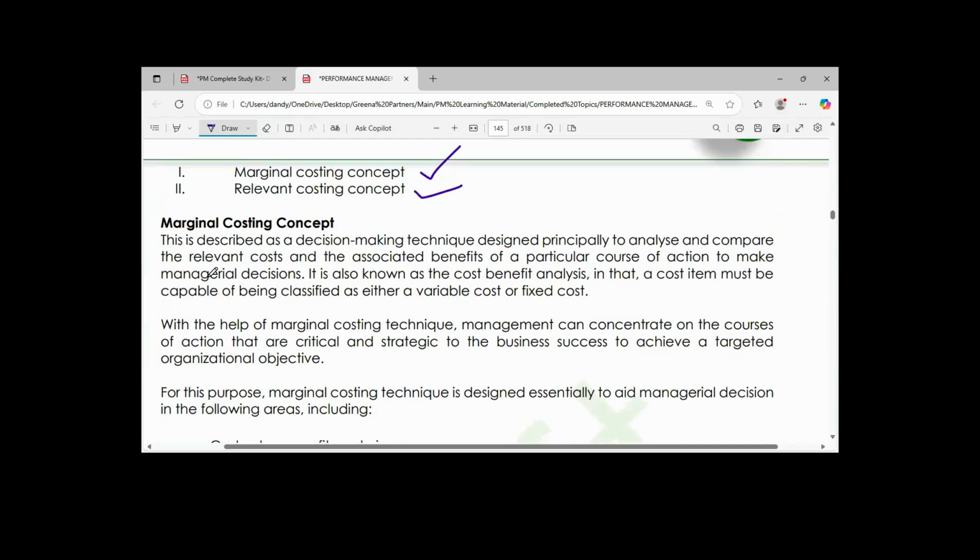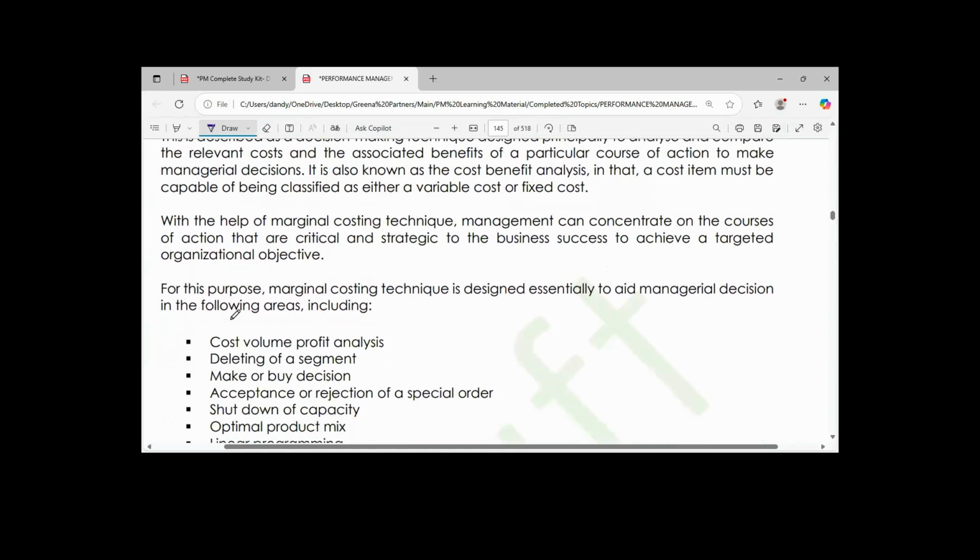So all those stuff, just explain what marginal costing concept is all about. I don't want to repeat it. We have said it severally under short-term decision, under optimal product, under operating statement. So I don't want to repeat that. For this purpose,